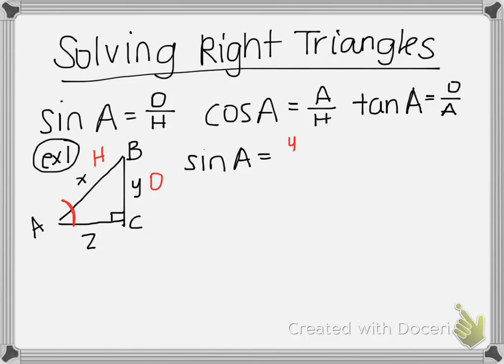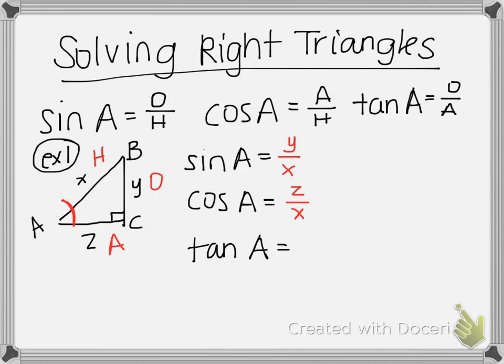So we're going to have Y over X. And then cosine of A is going to be our adjacent over our hypotenuse, which is Z over X. And last, our tangent of A is going to be Y over Z, opposite over adjacent. So we can find our trig functions, and if there were numbers there, you could also tell me the reduced